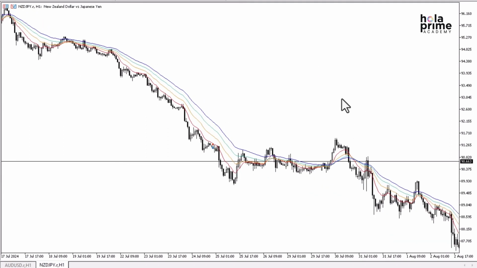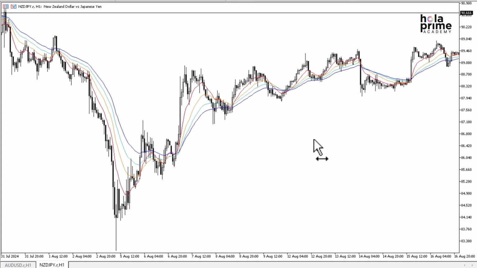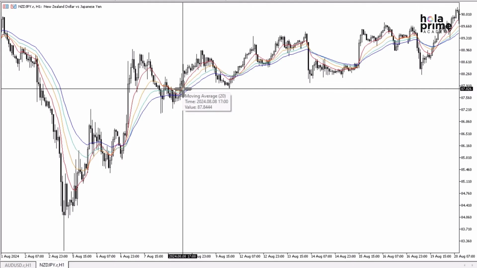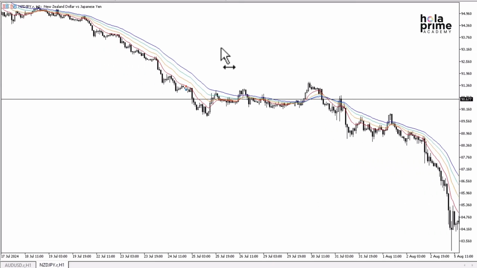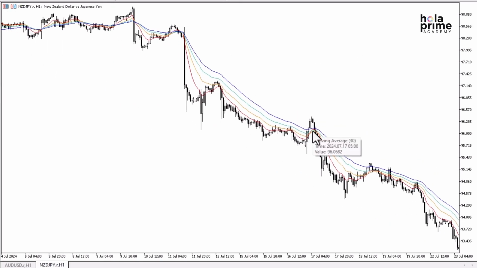Now notice there are big movements in this pair. You will have times where things get a little volatile like this, and although you will have had a little bit of a gain, you will find yourself going in and out. So you do need to know your environment. That is one thing that I would say. But there are also times where, for example, here on